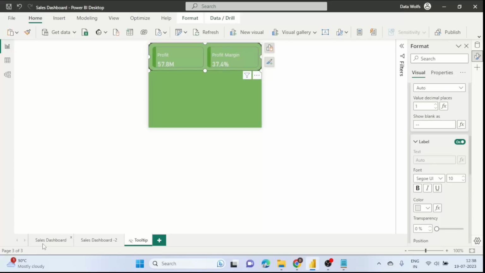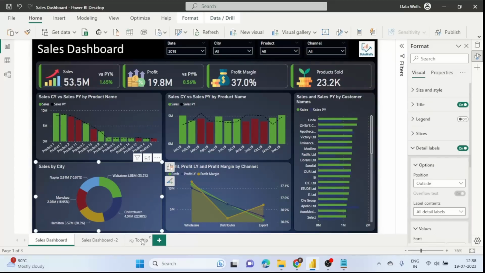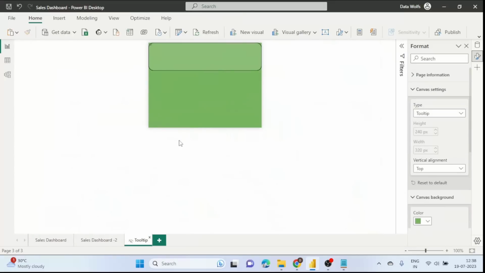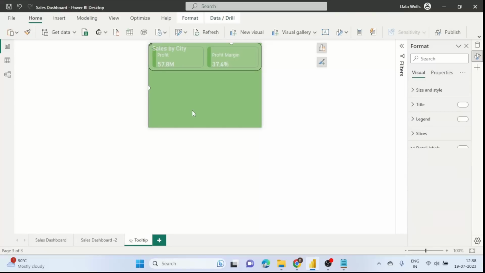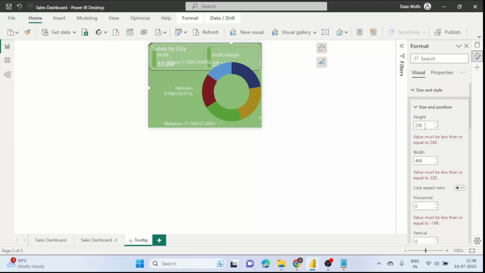Now we want top 5 cities, so we will again go to our sales dashboard. We will copy this visual and paste it over in the tooltip section. So the visual is here. Now we will again format it. Height will be 200, width will be 320,